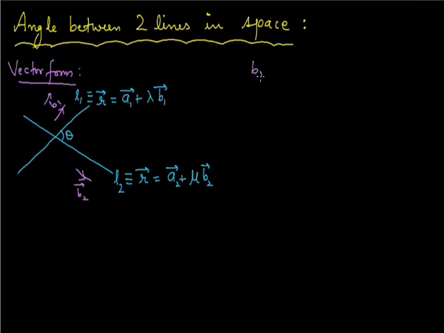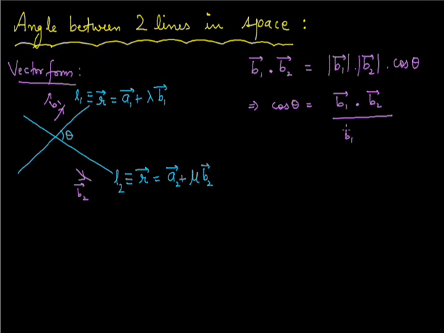If we find the scalar product of b1 vector and b2 vector, we will get mod of b1 vector into mod of b2 vector into cos of theta. So from here we can find the value of cos theta, which equals vector b1 dot vector b2 whole upon mod of vector b1 into